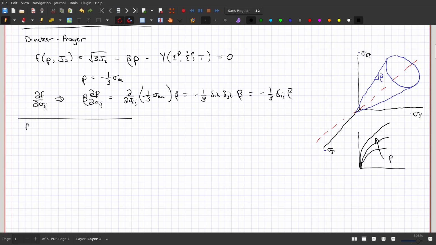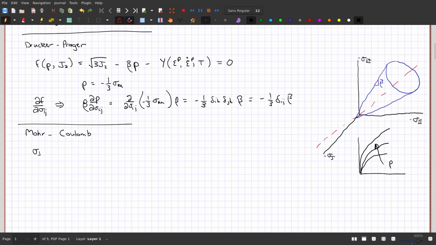So there's another one, and this one you've probably heard of before, the Mohr-Coulomb. If you take undergraduate geomechanics, we always talk about this one, right? But now we can cast it in the framework of these other yield surfaces that we've been talking about. So the Mohr-Coulomb is sigma 1 minus sigma 3